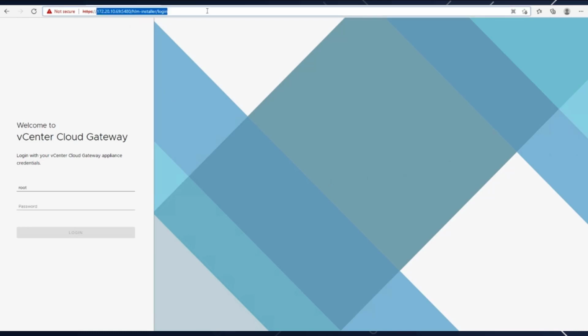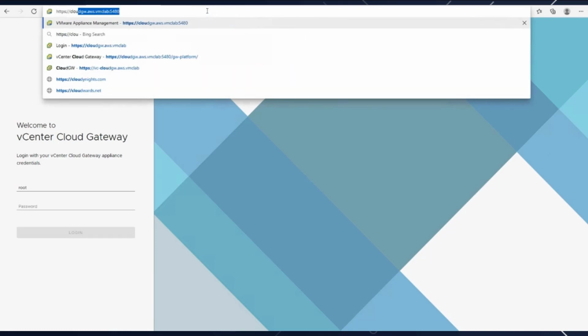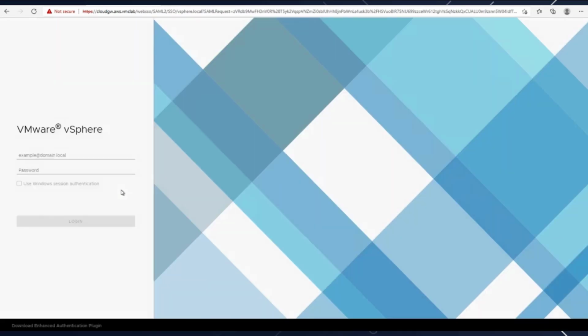Once I'm done, I can simply go ahead and use the FQDN, since I have already configured it in my DNS, and log in to the console. It will prompt me for the username and password. I'll use a user that is part of the AD group that I had selected in the last step. Click on login,